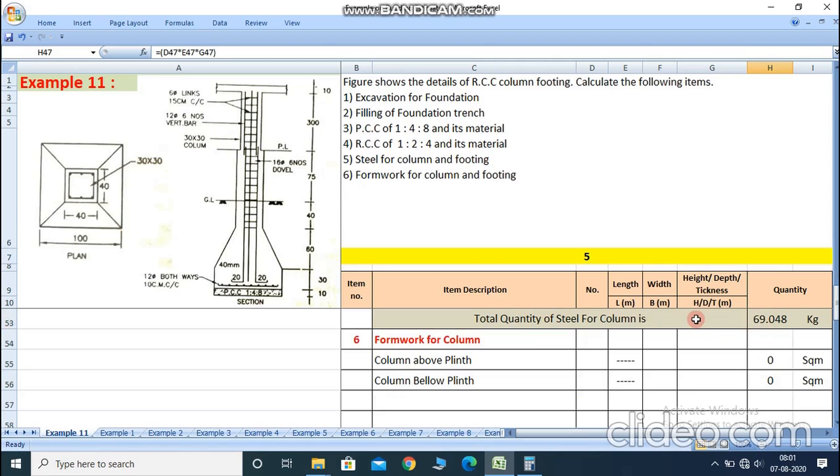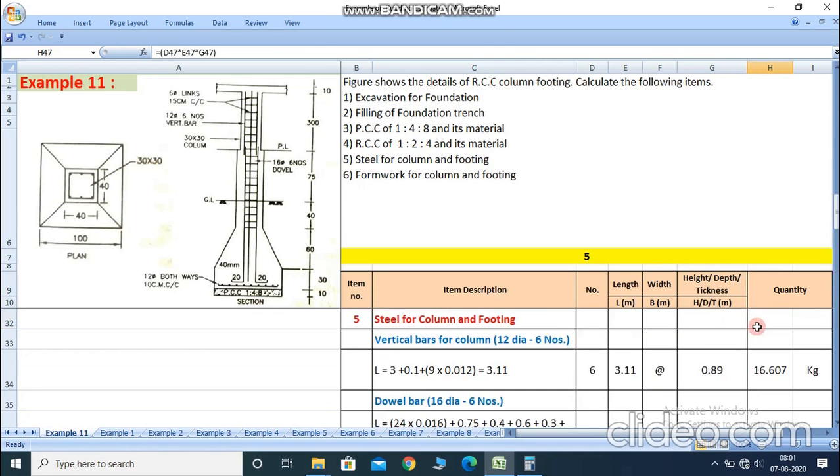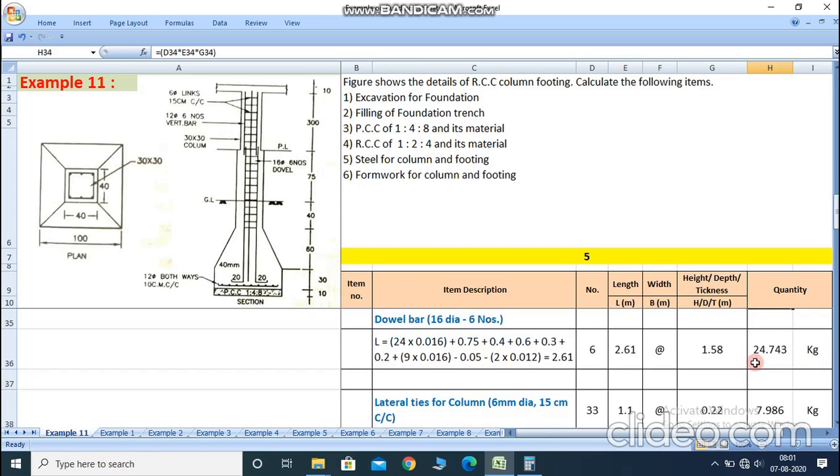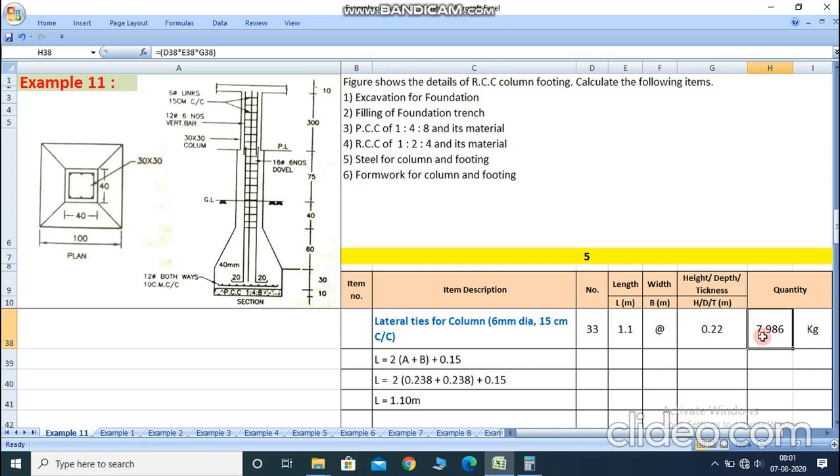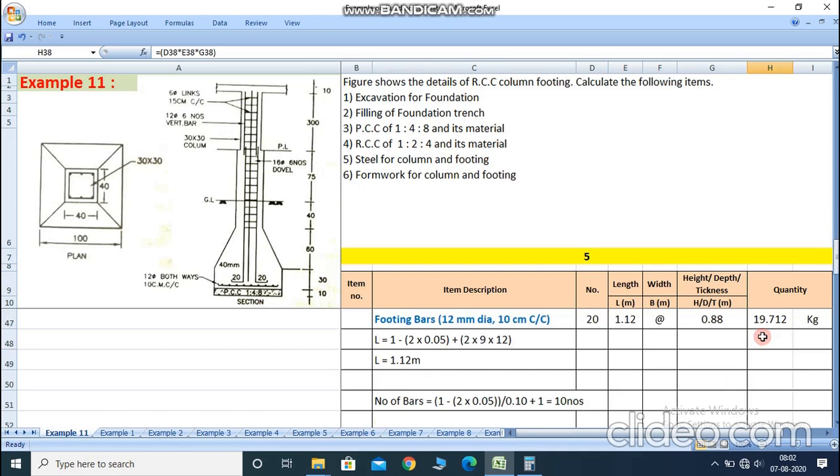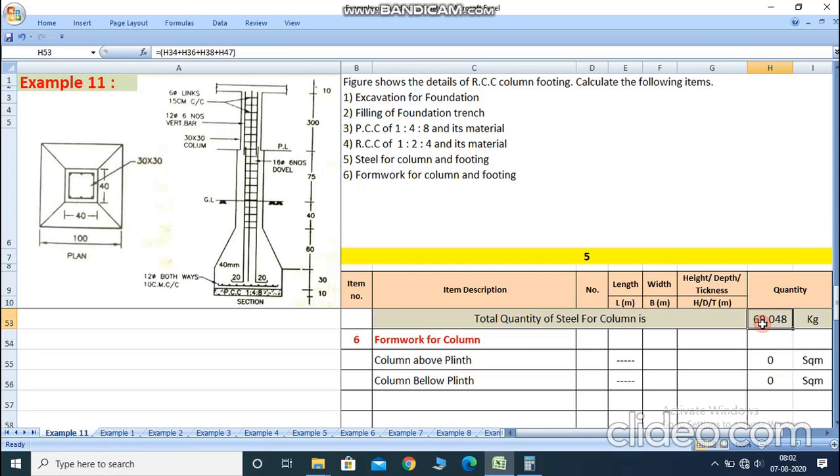Now total quantity of the steel for a column is 69.048 kg. So it's a summation of all, from start to end, means vertical bar for a column 16.607 plus dowel bar 16 dia 6 number, answer is 24.743 kg, and lateral ties 7.986 kg. Then after, footing bar is 19.712 kg. So total quantity of the steel required for a column is 69.048 kg. Now